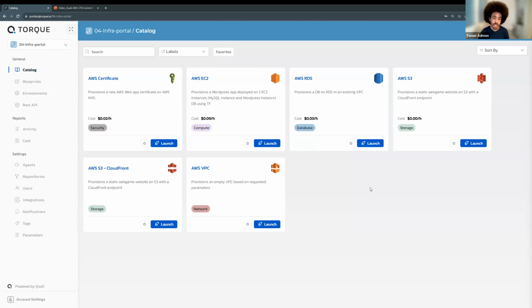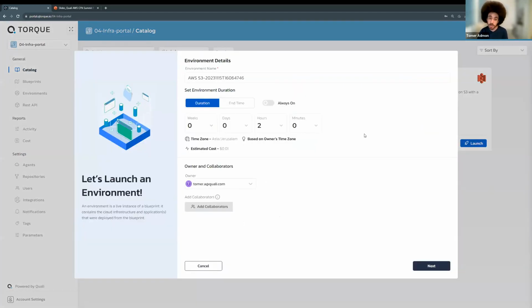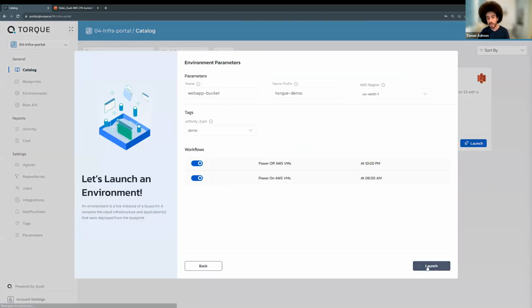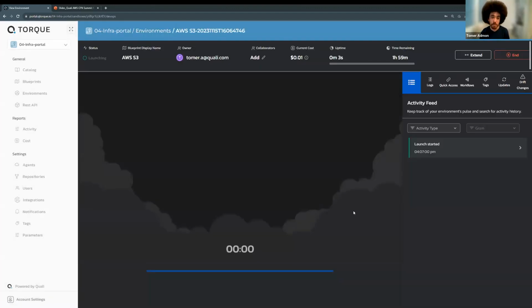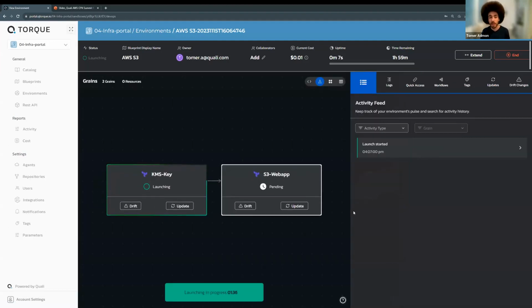And the self-service aspect here really allows me to go into this configuration and launch it in an on-demand manner under the organizational policies and the organizational configuration that someone configured for me. It might be an IT organization, a DevOps organization, or some other.